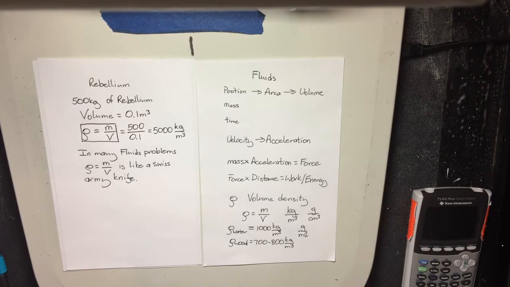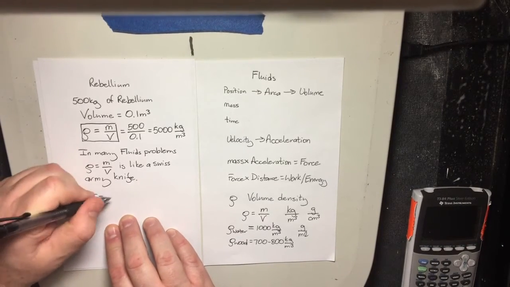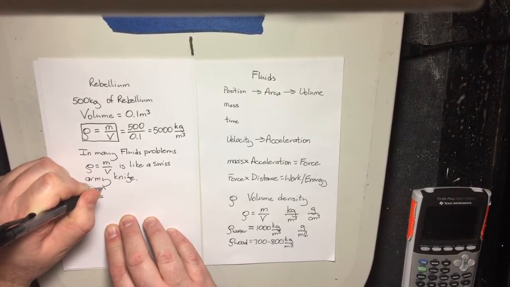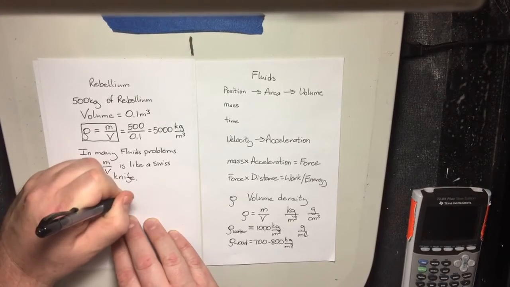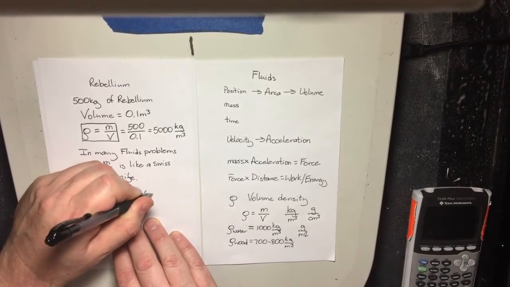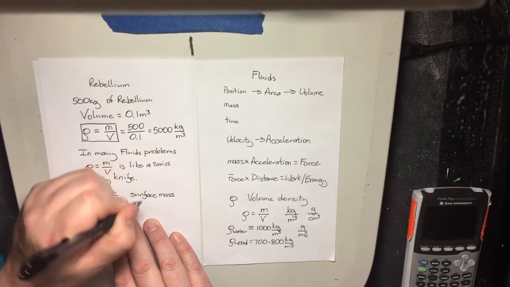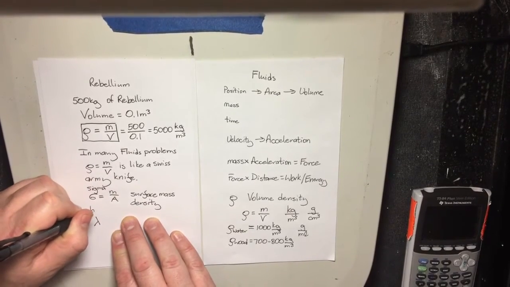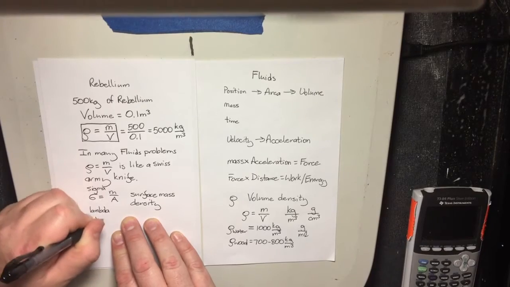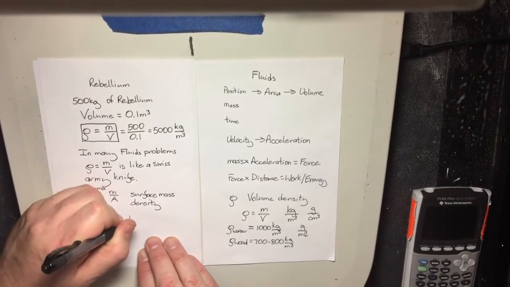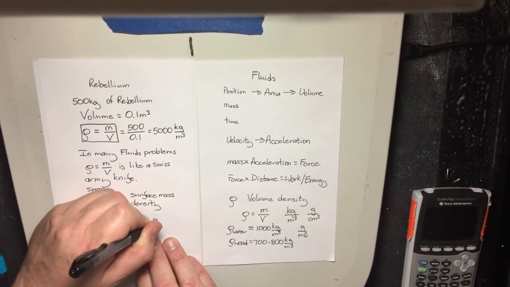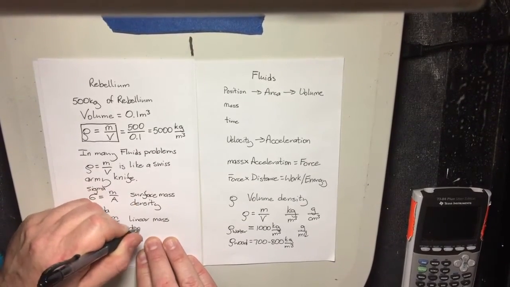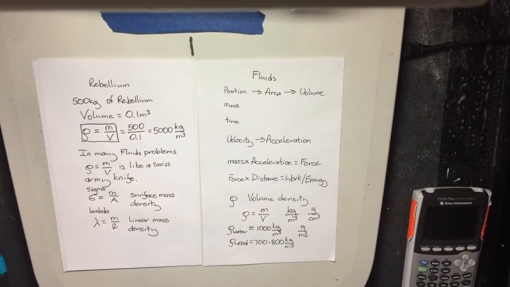So we have density, and there is, like as I said on Tuesday, sigma, which is mass over area, and that's surface mass density. And then there is lambda, which is more widely used than sigma, which is mass over length, and that is linear mass density. So we talked about those on Thursday, and so now we're going to start building on